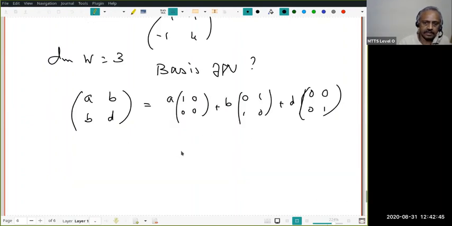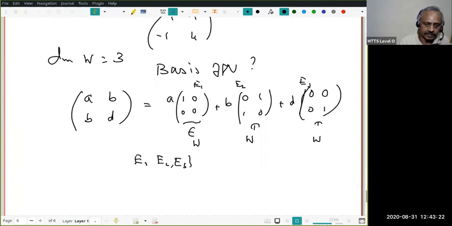Yeah. Now notice that, is this an element of W? Yes. Now you know this is very important. Is this an element of W? Yes, because it's symmetric. And is this an element of W? Yes, it's symmetric. You understand? Therefore, call this E1, call this E2, call this E3. What I have shown now is that any symmetric matrix [A, B; C, D] is a linear combination of E1, E2, E3. That means the span of E1, E2, E3 spans, it's a spanning set